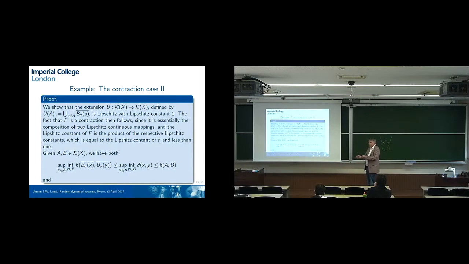And the map F has a Lipschitz constant smaller than 1, so the only thing that I have to show is that this expansion by sigma doesn't also have a Lipschitz constant which is more than 1. Because then the Lipschitz constant of the composition is just the product of Lipschitz constants. So we just have to check these things, and H here is the Hausdorff metric. I want to measure what the distance is for these things, and this is basically writing out